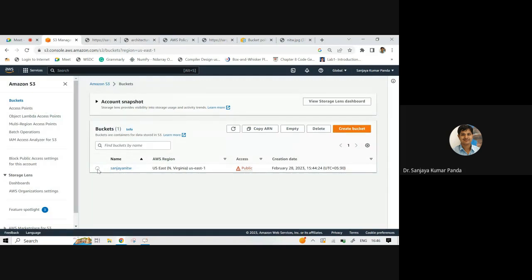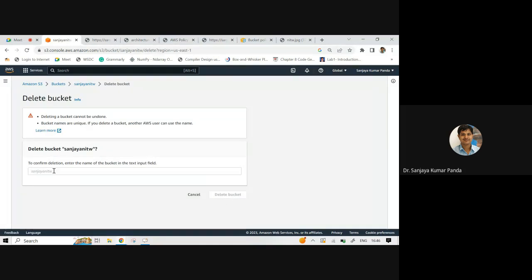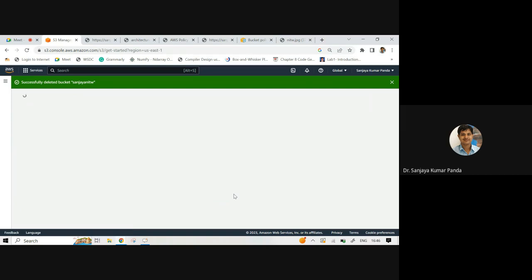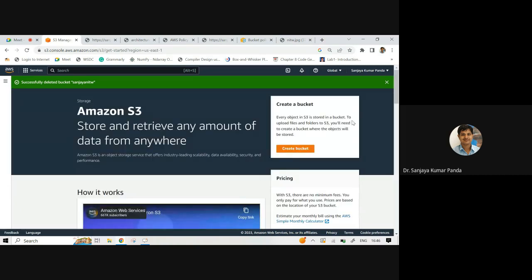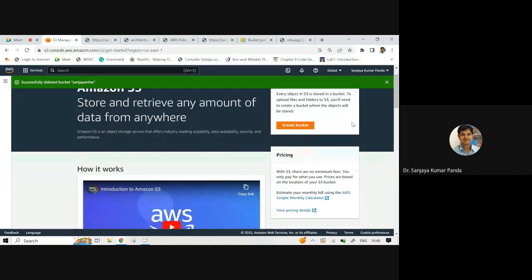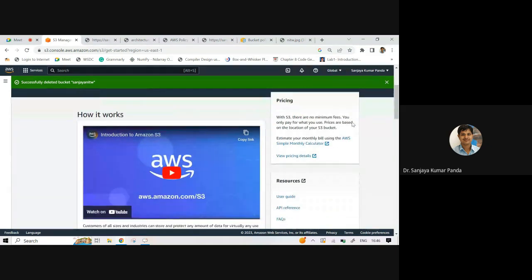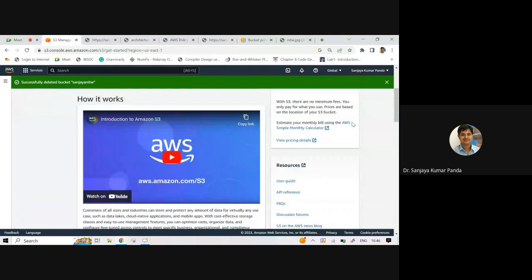Then I want to delete my bucket. You have to type your bucket name here for deleting your bucket. Okay, so in this way you can do the experiments related to Amazon S3.